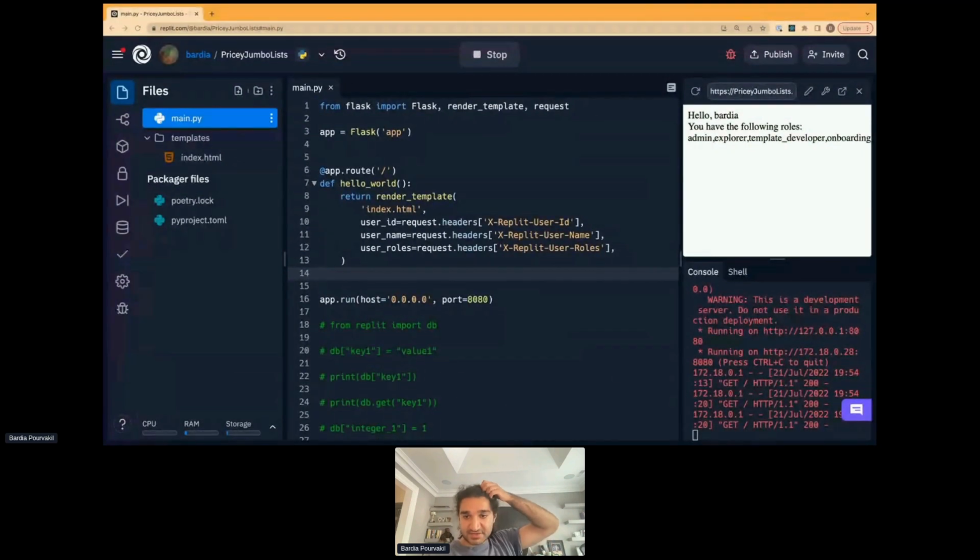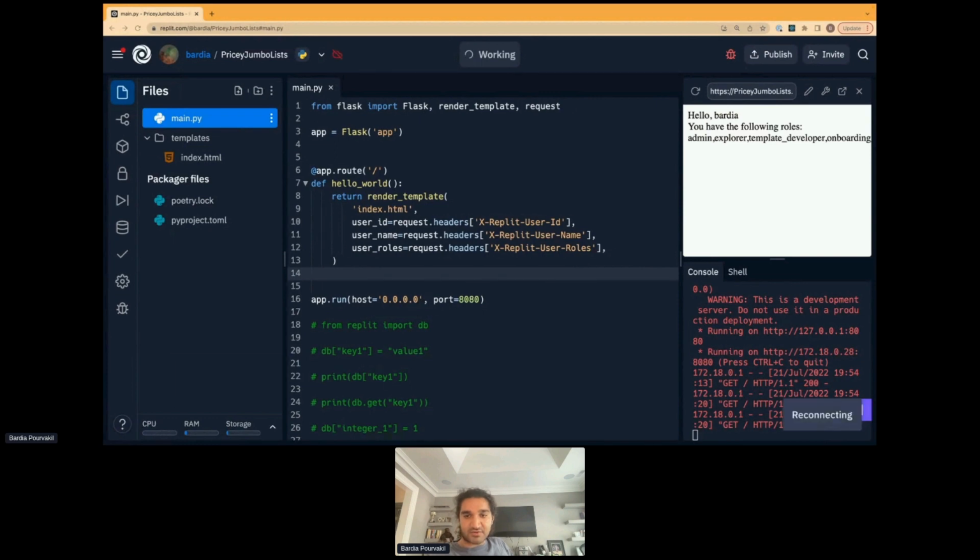Someone just asked, can you store more than one dictionary? If you create a DB in one project and a different DB in another project, are they separate? So you can nest dictionaries in a single Replit DB, and every REPL has its own Replit DB. And if you create a DB in another project, it will be separate. And the only way that you could access someone else's DB or another REPL's DB is to use